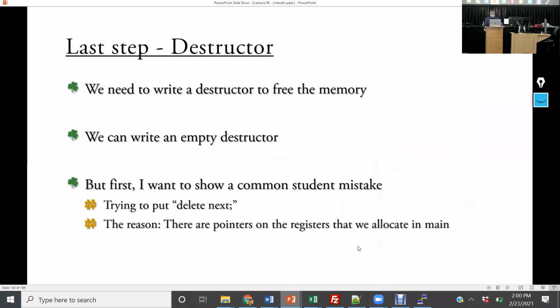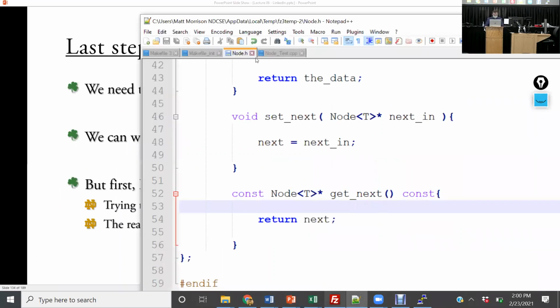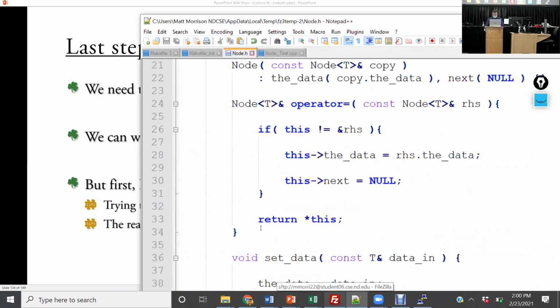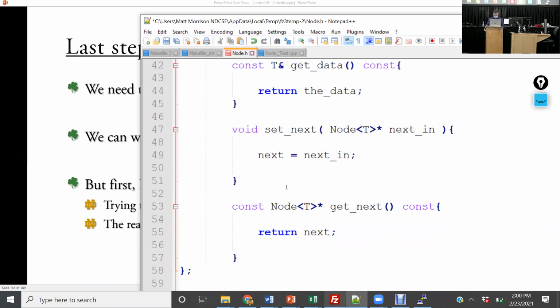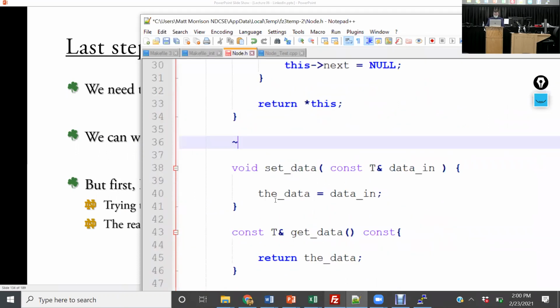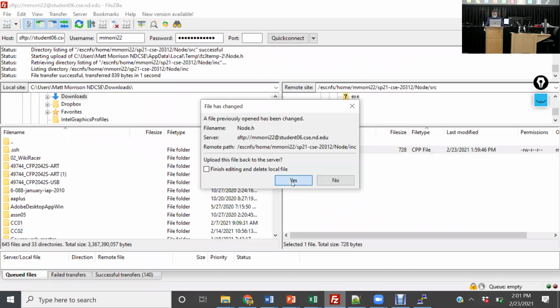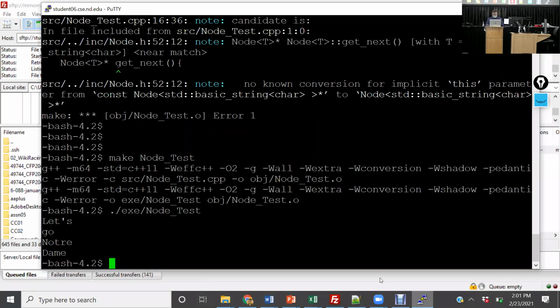So now the destructor. If I want to do a destructor in node.h, I would write it like this. I'd say destroy node, and I'd say delete next. So now I'm freeing it, but we have an issue that's going to come up. I'm going to have a deliberate compiler error. Well, it's not going to be a compiler error. The code's going to work fine, but